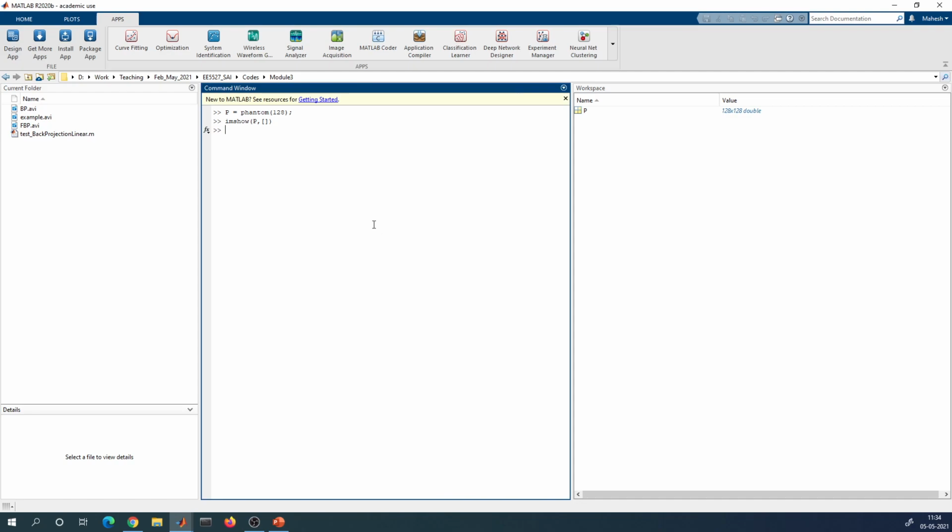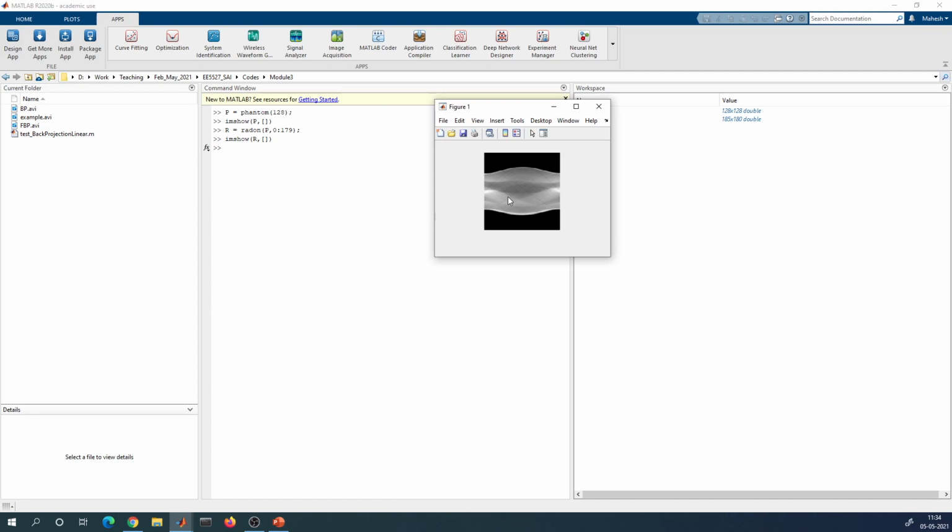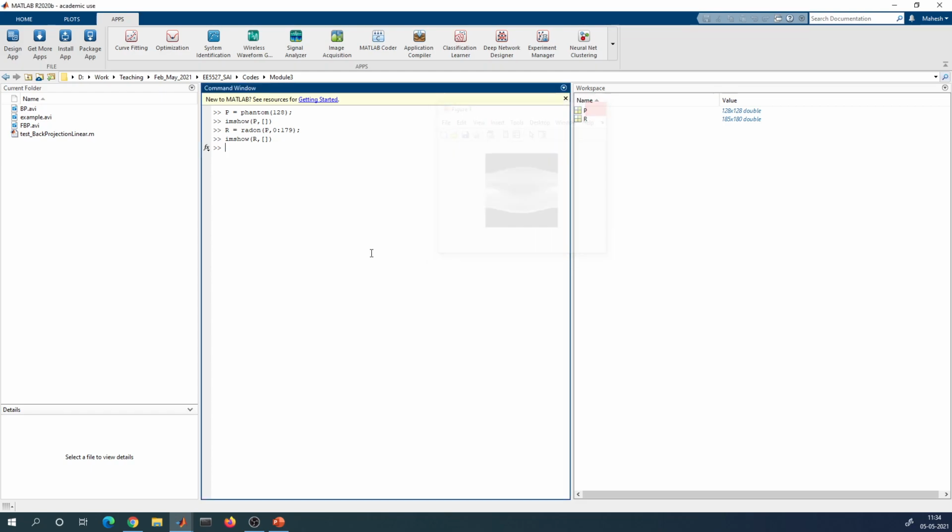Now let me actually use this Radon transform. So R is equal to, R is Radon, and then you give this input phantom, and then you are going to evaluate at 180 angles. Okay, so that's the meaning of it. Now let me show you the Radon transform, which is nothing but the sinogram. So you can see over here, this is the sinogram, right? So the image and the corresponding sinogram. So this is what you observe in CT or X-ray, which is your projection matrix.